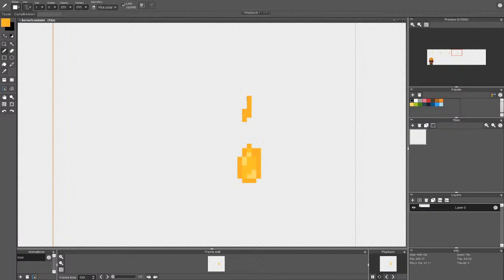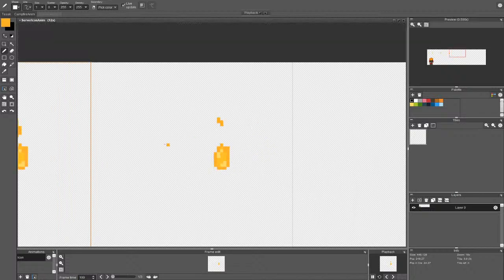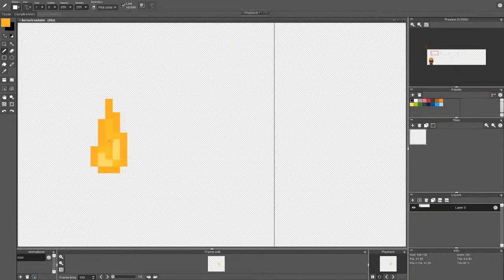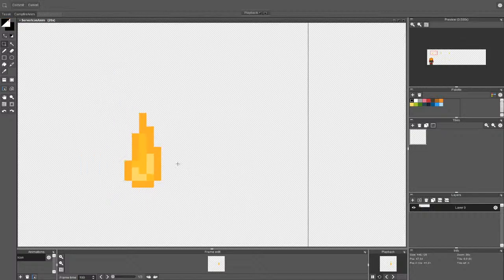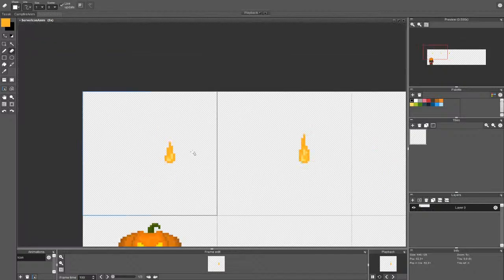Yeah, I think so as well. We need more flames. And now this side was building, right? So maybe in order to make it look better, we should delete this.